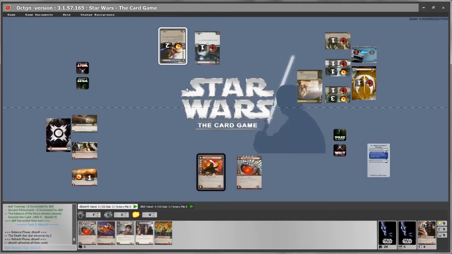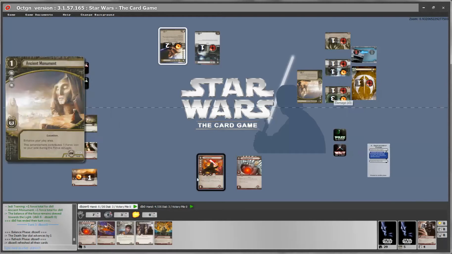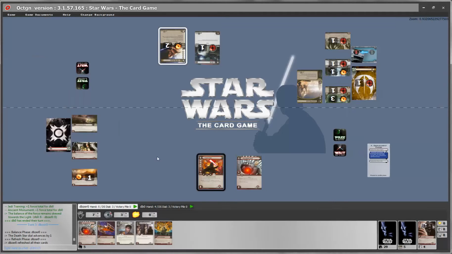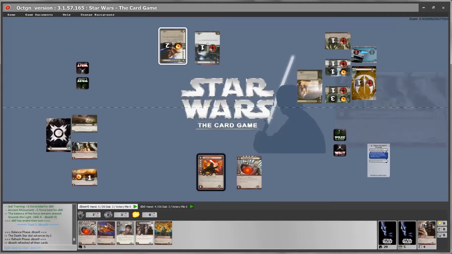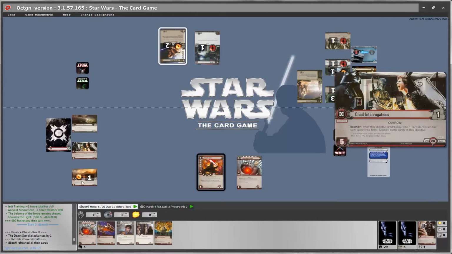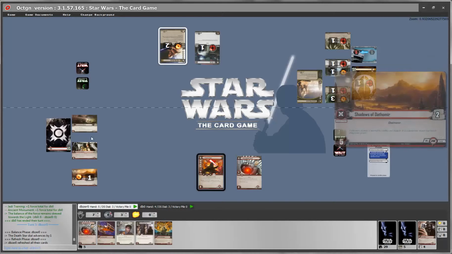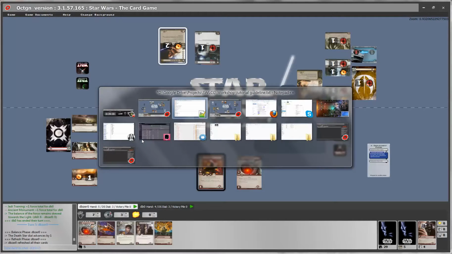Now, as is normal, the game for the Dark Side player will end once we reach the Death Star dial on 12. As soon as the Death Star dial reaches 12, either by destroying objectives or during the balance phase, the game will announce that the game is over. On the other side, the game will end for the light side player once 3 objectives from the dark side player have been destroyed. Let's see how we destroy objectives now.